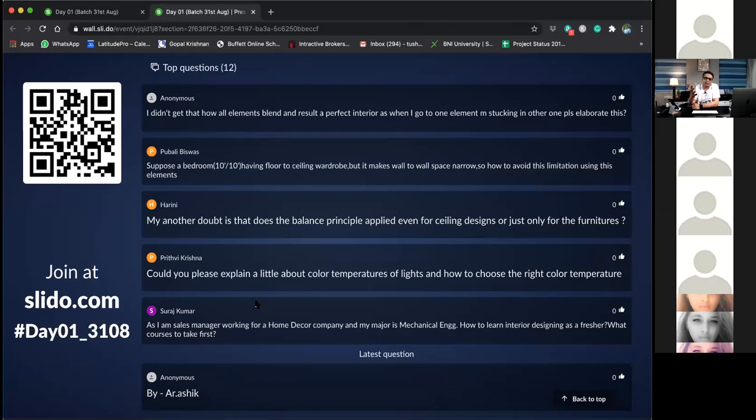Proportion definitely matters. But proportion and rhythm and scale and balance will never blend. Only the elements, probably the color and the texture, or the colors and the pattern, can blend. Texture is something wherein, suppose it is a sand texture, or a cement texture. Cement is primarily gray, but if you want to give a cement texture, in that also you get rough and smooth.